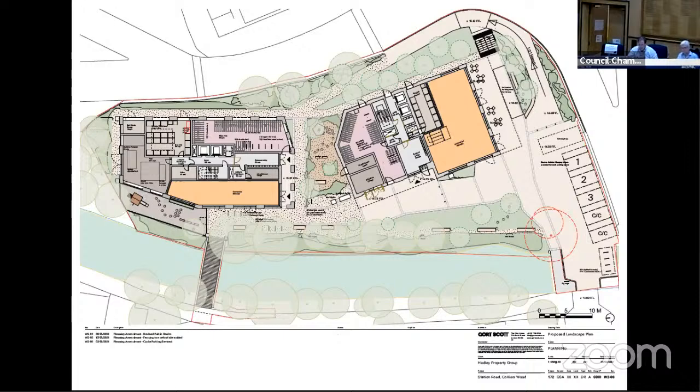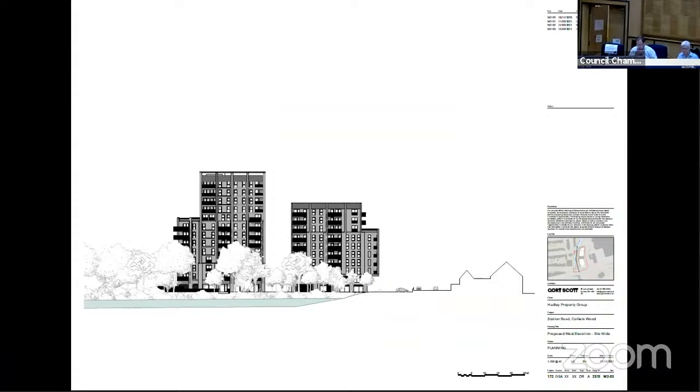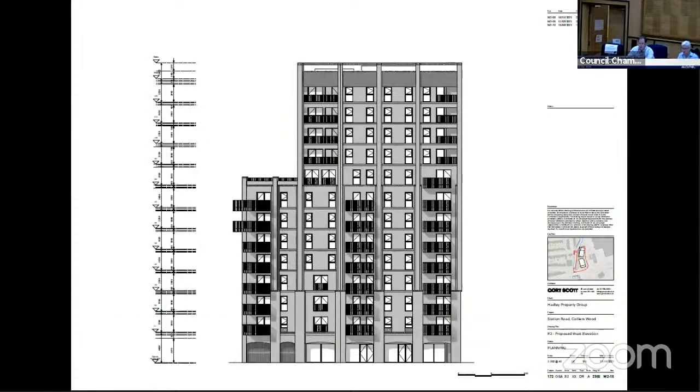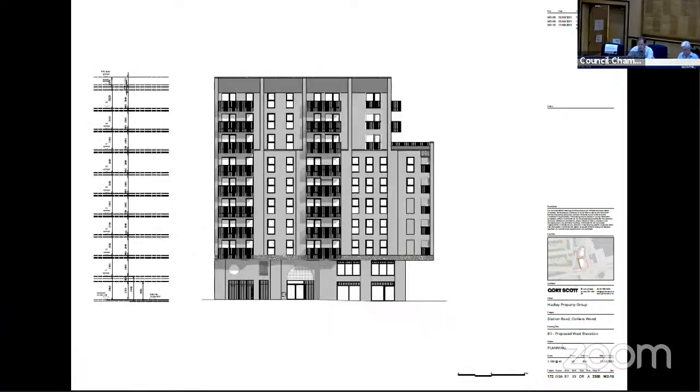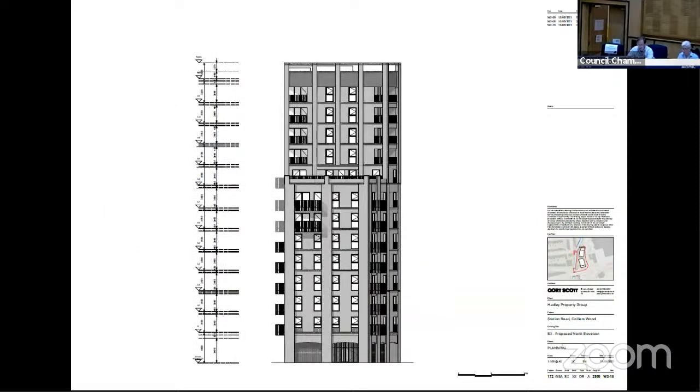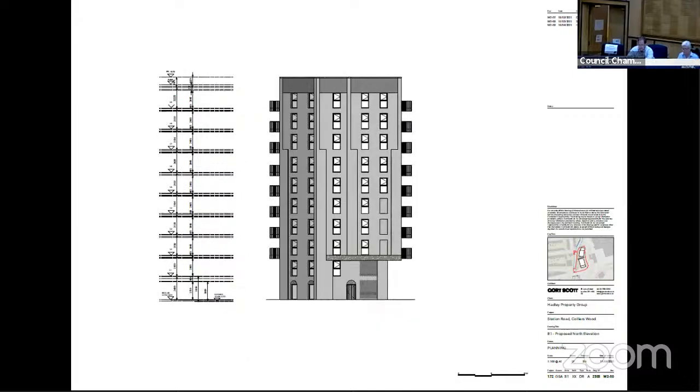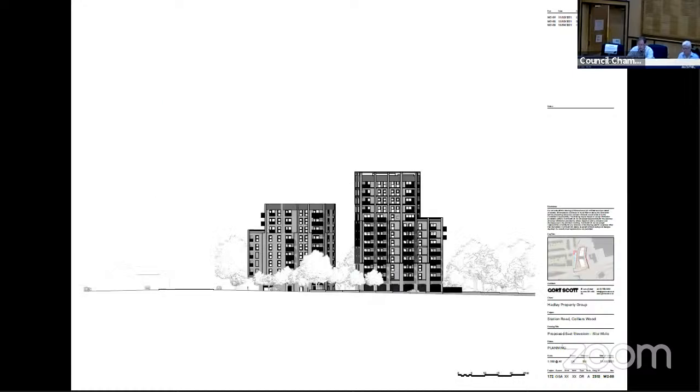Site constraints: it's in a designated opportunity area. The site is located in an archaeological priority area, which includes a small area of the outline of the Scheduled Ancient Monument of Merton Abbey. A South London high pressure water ring main runs to the southeast, and the riverbank runs north-south to the west of the site. It's designated a green corridor and forms part of the Wandle Valley Conservation Area. Directly to the south of the site, opposite on Morden Road Way, is the Merton Abbey Mills site, which includes a number of statutory and locally listed buildings.